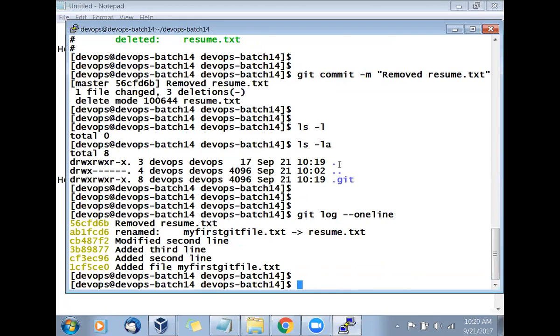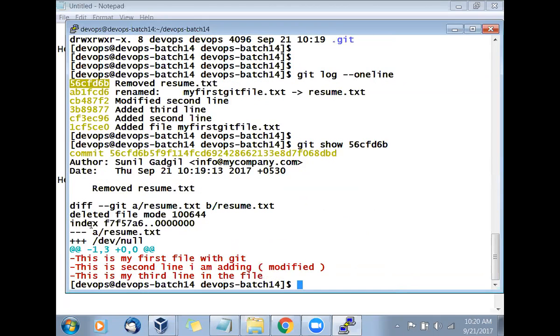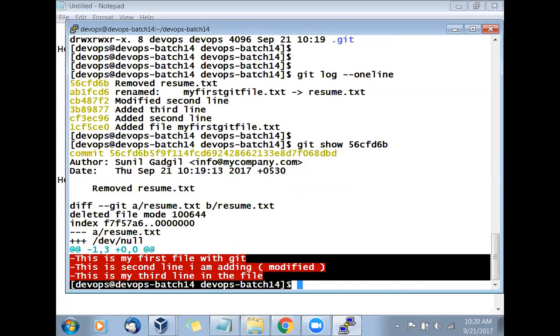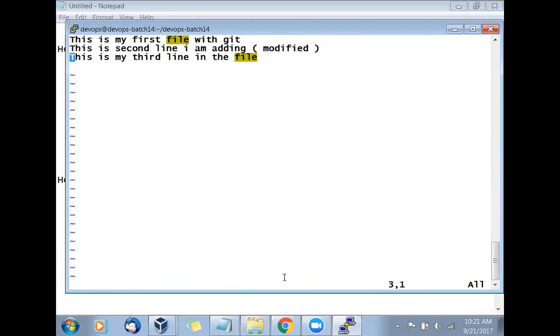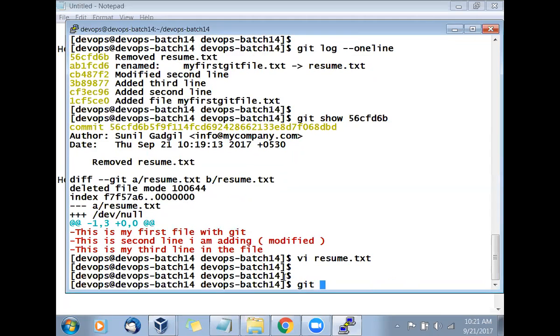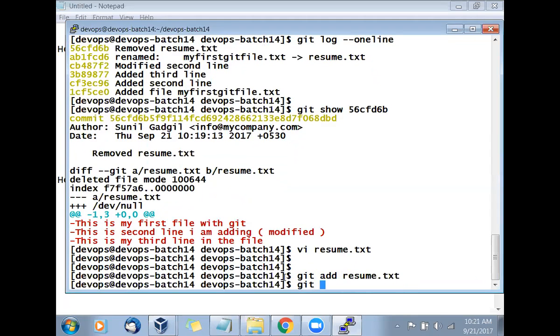So suppose you want to recover the file from here. Now you deleted it by mistake. Oh my God, something has happened. So what can you do? You can say git show, and what is the file? Here is the file. How many lines were there? 3 lines. So I'll copy that. I'll create a new file, resume.txt, and I'll copy and paste those lines. I'll remove that minus sign, and then I'll say again git add resume.txt, and I'll say git commit -m recovered.